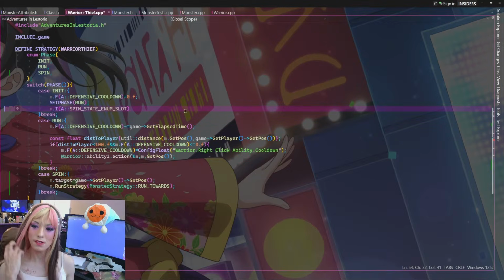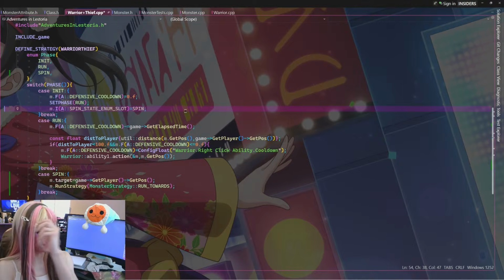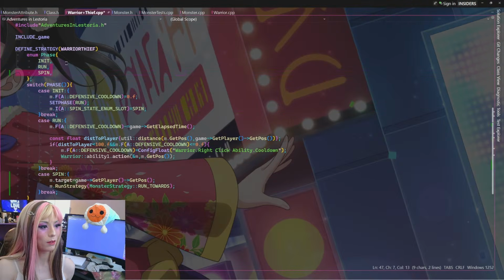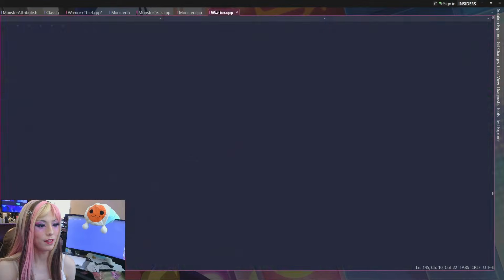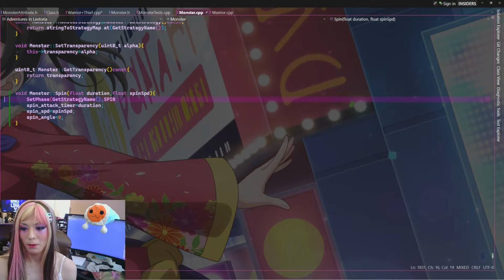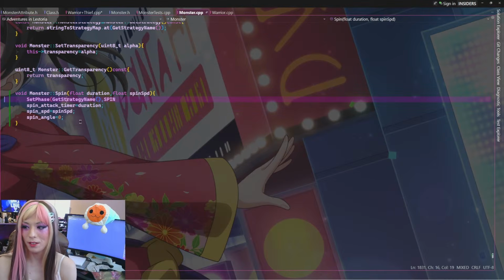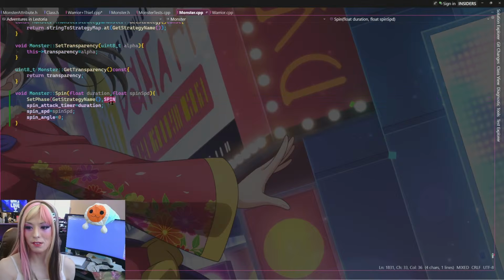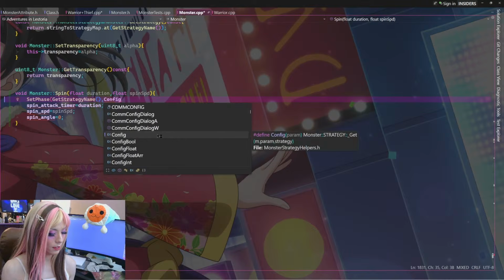But anyways, this is how we specify a custom attribute. And we're actually going to set it directly to the value of spin here. So imagine in the future we change maybe the order of the enums or whatever. Not only will it change what the spin phase would be in here, but it's also just going to mess with everything else if we don't update it. So it's better that we actually go ahead and assign it to this custom monster attribute and then just say config int